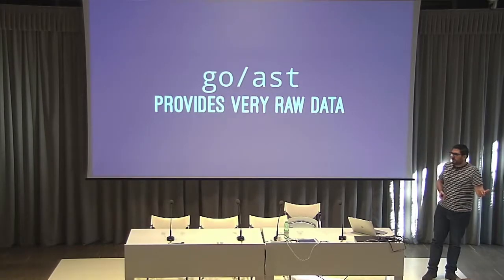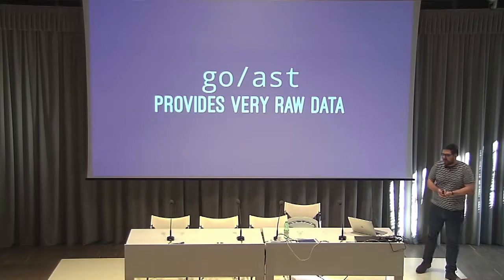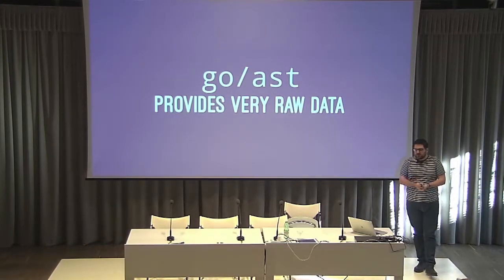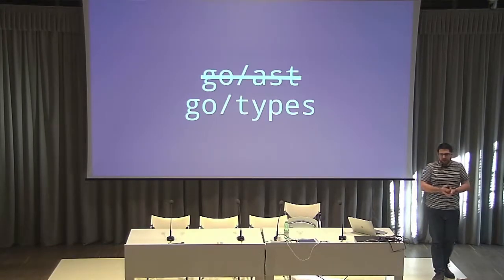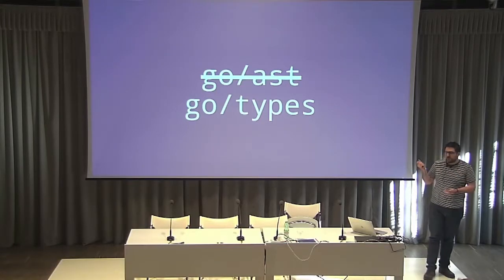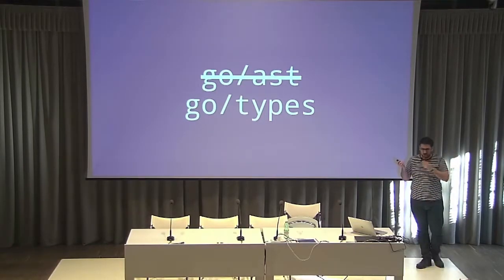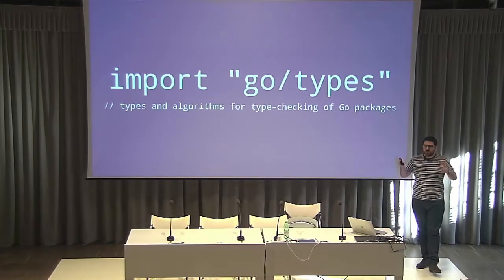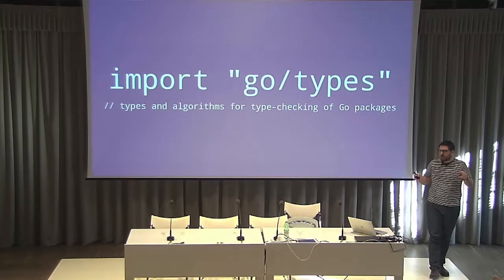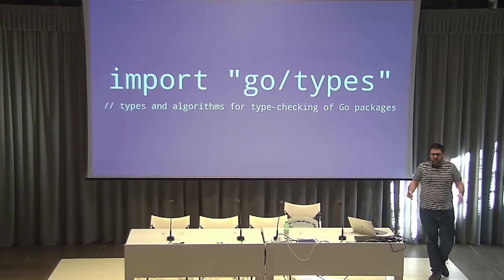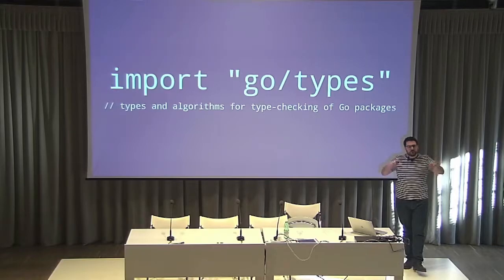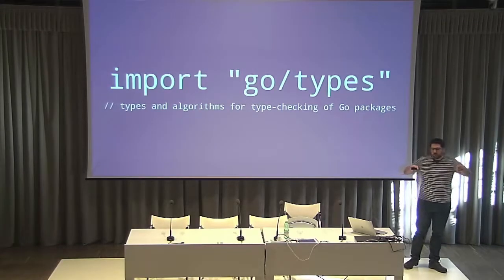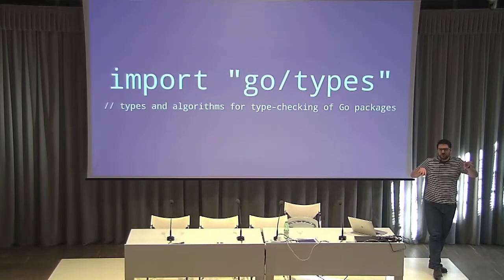Luckily, after he released the tool, since I think Go 1.6, we have go/types in the standard library. So instead of using the Go AST package abstractions, you use go/types. Go types does all that analysis of the abstract syntax tree. You read all the code with the parser and scanner, and then you use go/types, and instead of going through the tree and the syntax and trying to work out all those details, go/types does all that resolution,